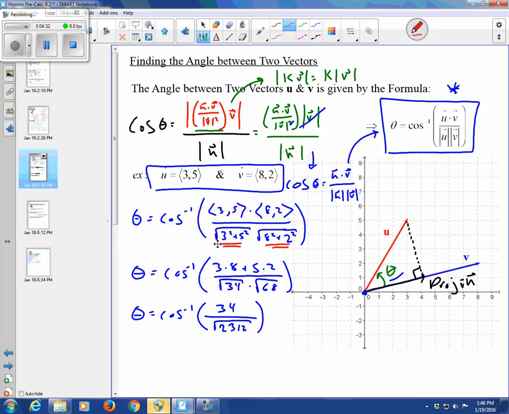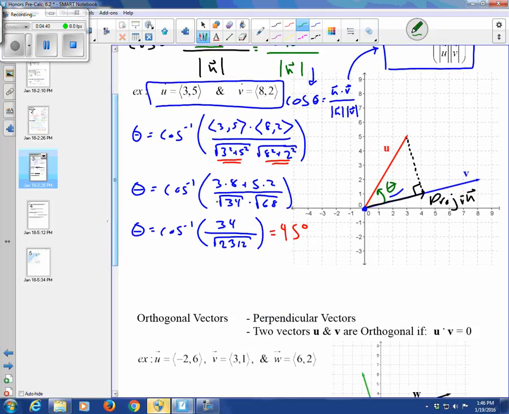And when we type all this into inverse cosine, we get 45 degrees. So this is a little bit crazy, but one of the things we can spot here is, if we take what's inside that inverse cosine and say we've got 34 over the square root of 34 times the square root of 68, really when we multiply all of this under one square root, we can say that we've got 68 as 2 times